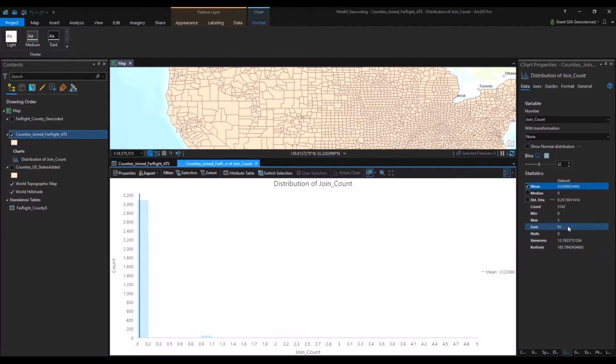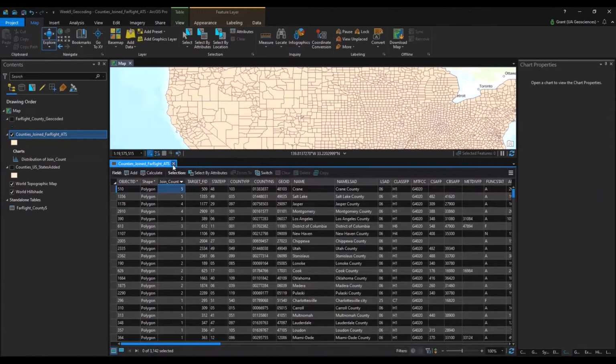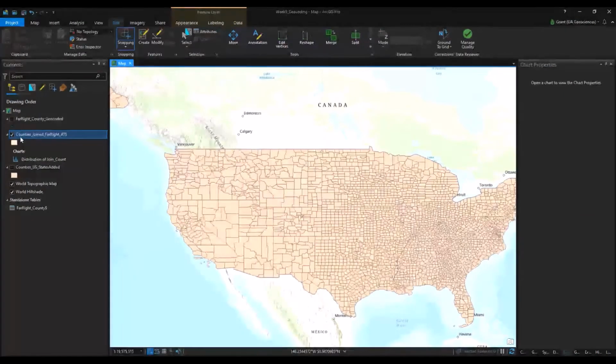Cool. And we get 91. Obviously our max is 5. We just saw that. And a cool part now is we can do a few different things. Obviously we can do a simple display. If we go to our symbology,